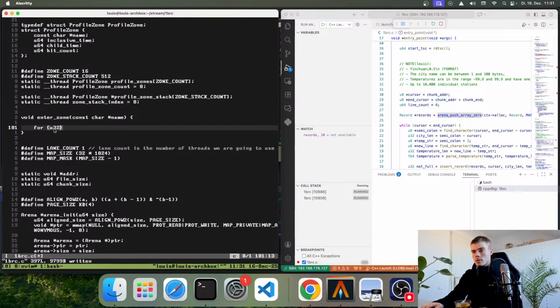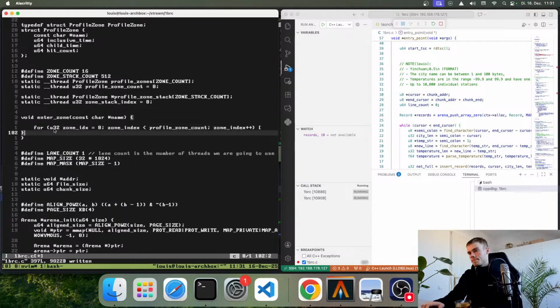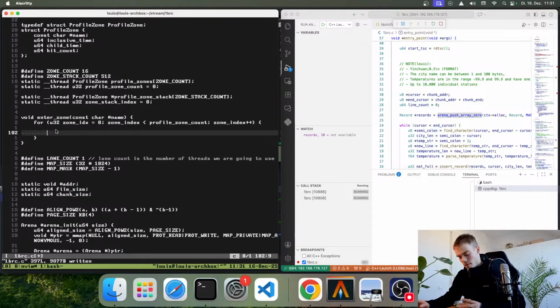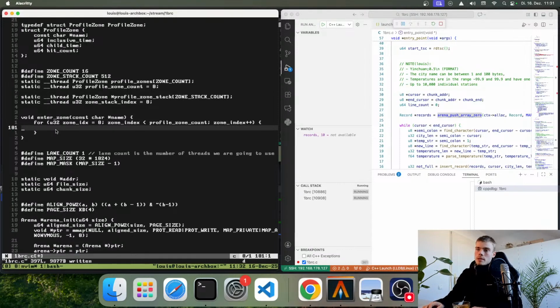for zone index, this can be your 32, zone index 0, zone index less than profile zone count, zone index plus plus. This shouldn't be that much. This of course will introduce some overhead, but